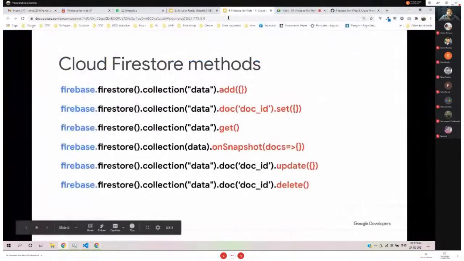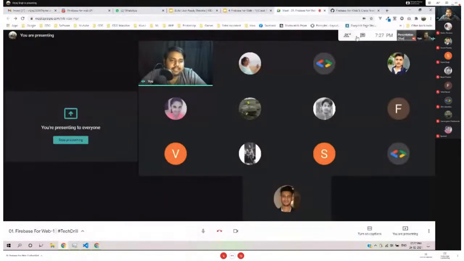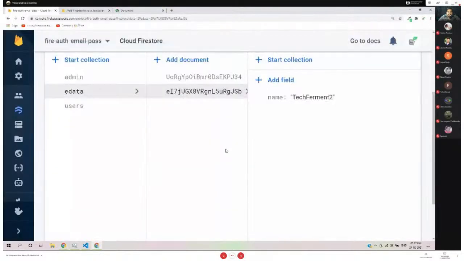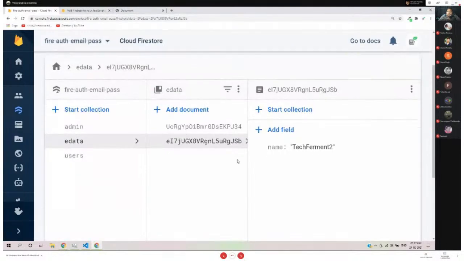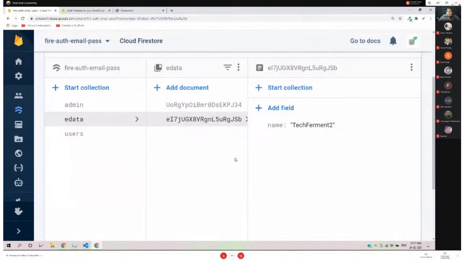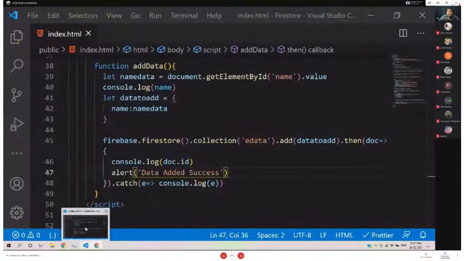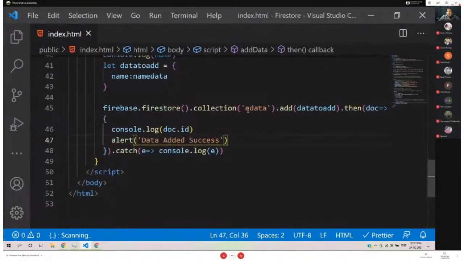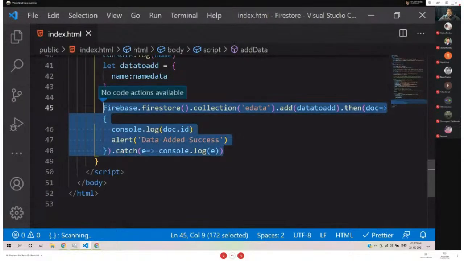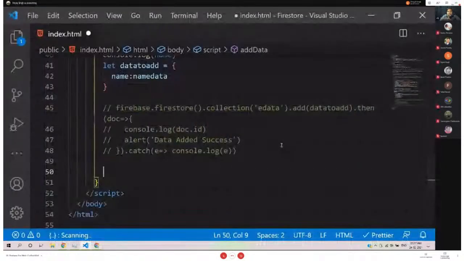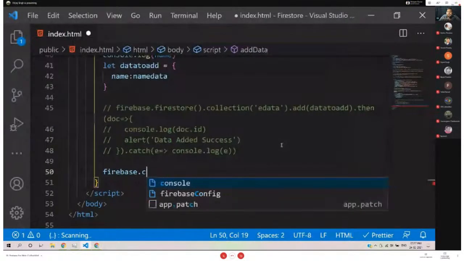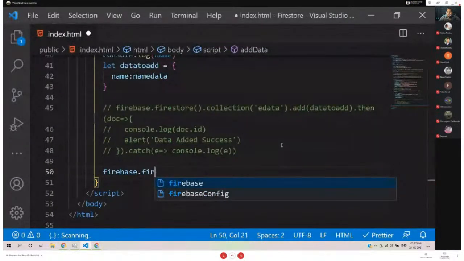Okay. So do you have any confusion as of now? I think this is easy for the operations of adding data. Okay. But there is one problem, like this is an auto-generated document ID. So maybe here you can create a document with a name, so maybe you can call not this query. If you want to create your own document ID, you just need to use Firebase. Inside Firebase, we are using Cloud Firestore. So I'll type Firestore,